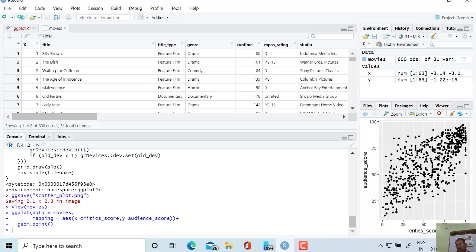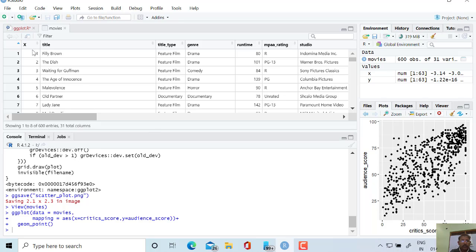So if every point is represented by a different color, then it will be easy to explain what the basic purpose of the different points in the plot is. So aesthetic mapping is used for this. So it can be used to add customization to our plot by different symbols, by lines, points and color also. So let me see how we can do this.